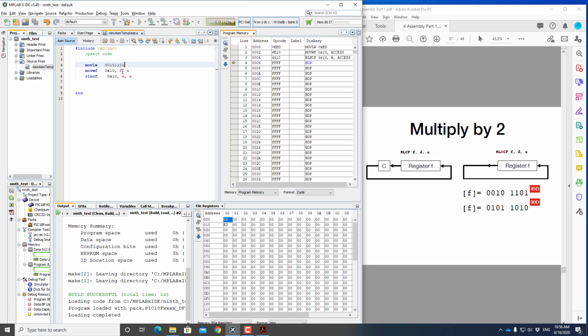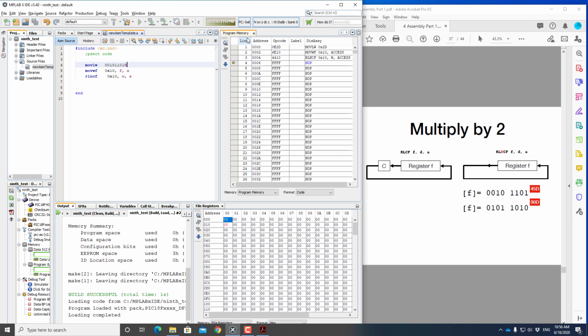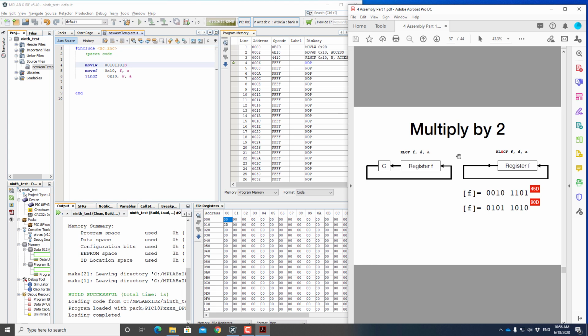Let's see it. Oh, well, again, I got an error because I forgot to put the binary in here. You have to tell it that it's binary, so this isn't the right number. I usually make this mistake many times. Okay, that number did not make sense to me. So, okay, we get that, and now it makes more sense. So this is an A, this is a 5, this is an A, this is a 5. That's correct, and I got double the number. You can do the same thing with the rotate right. You can test it at home on your own. I don't want to spend more time on it. Okay,